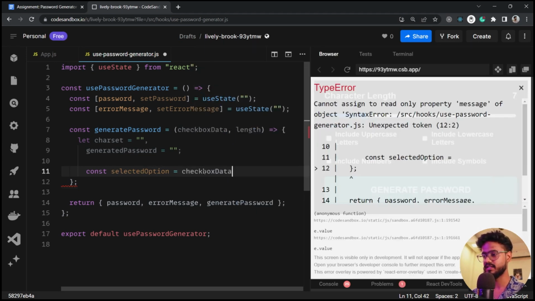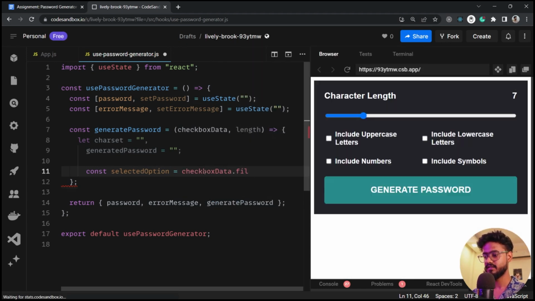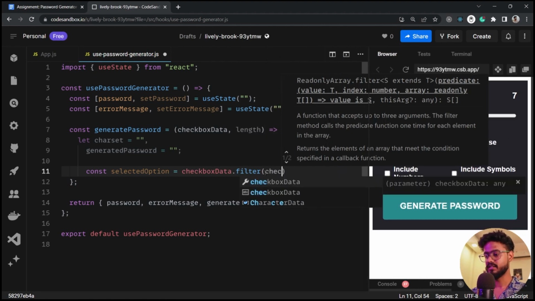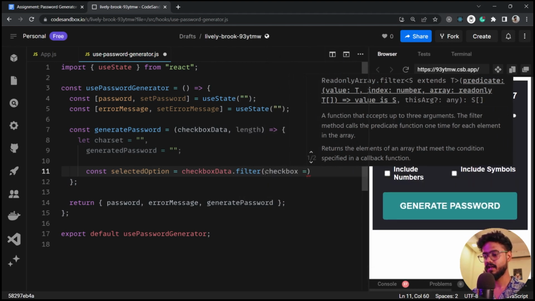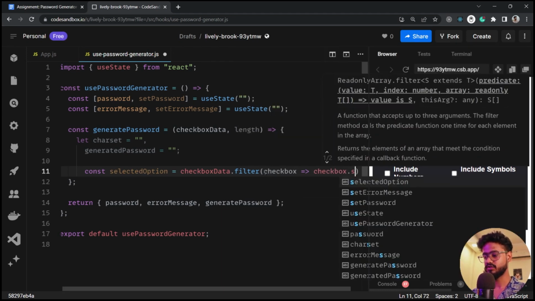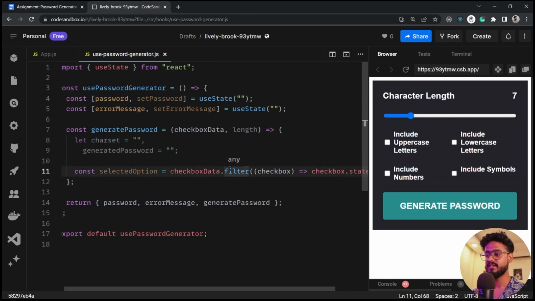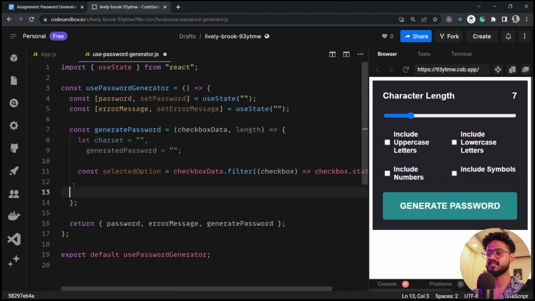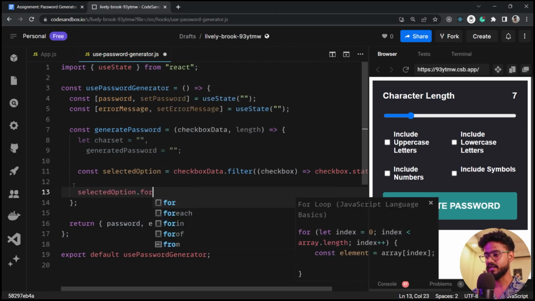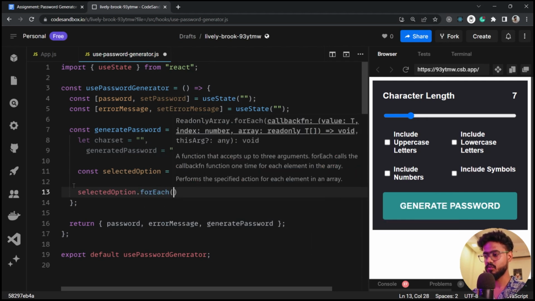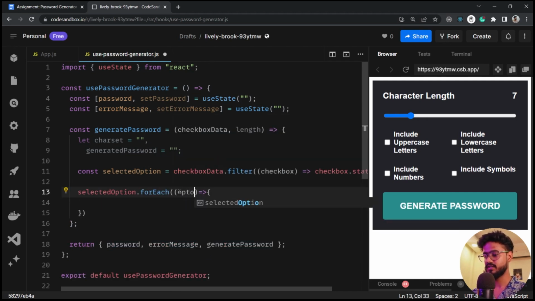So I'll say checkbox data dot filter. We're going to filter out all of these true ones, right? I'll say checkbox, checkbox dot state. So if the state is true, then it will return it inside of this selected option. Cool. Now we have all of these options inside of the selected options, right? Now what we're gonna do, we're gonna say selected options dot for each. I'm gonna run a for each inside of this selected option. Why? I'm gonna take each of the option